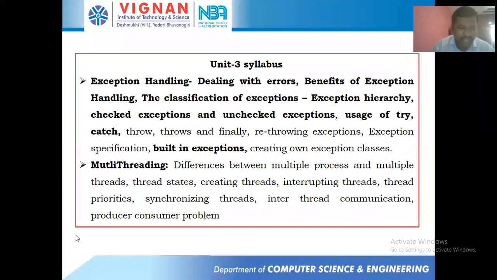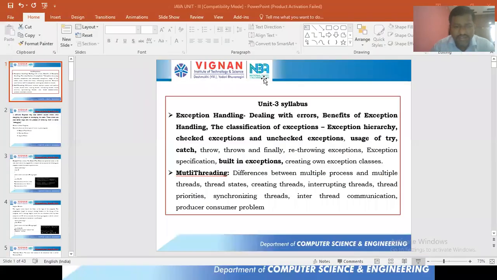So your unit 3 mainly contains 2 things. One is exception handling. The other one is multi-thread. In this exception handling, we'll be going to discuss what we mean by error, and